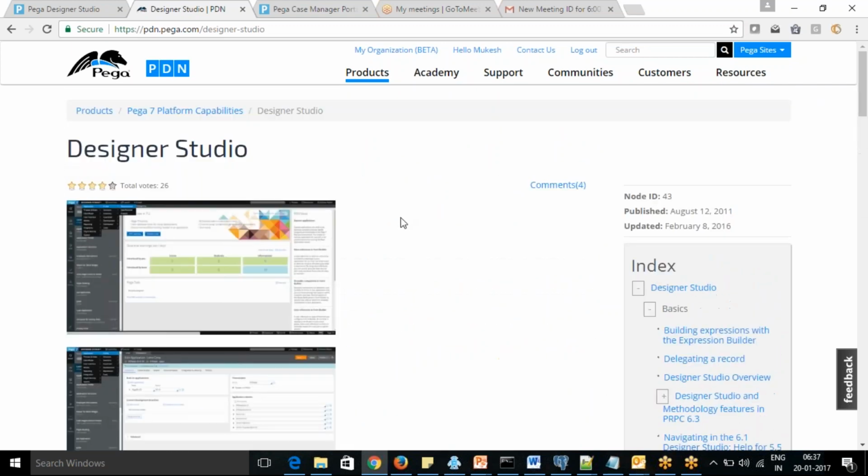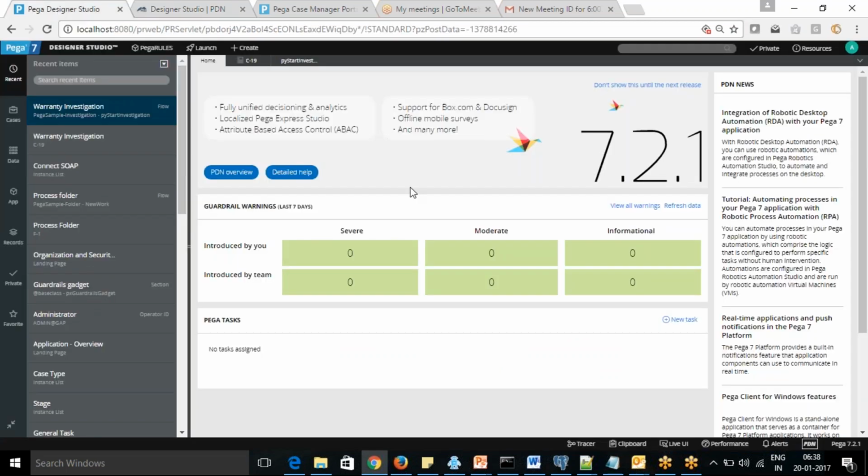They have not updated it for Pega 7. This is actually Pega 6, but most of the things are there. You can also get the differences between the different versions from here. So PDN is very much required. If you are registered for the PDN, it will be good to start in Pega.